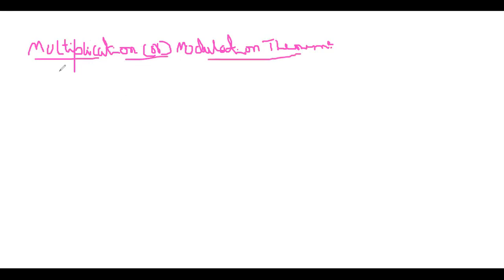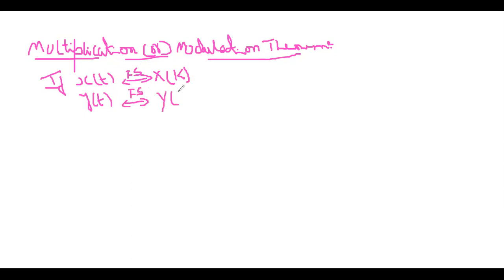So what is the statement saying here? If x of t has the Fourier series coefficients x of k, and y of t has the Fourier series coefficients y of k, and z is the multiplication in time, then